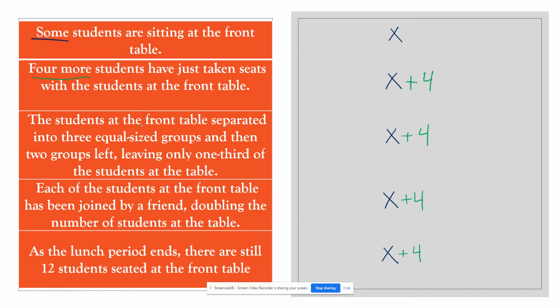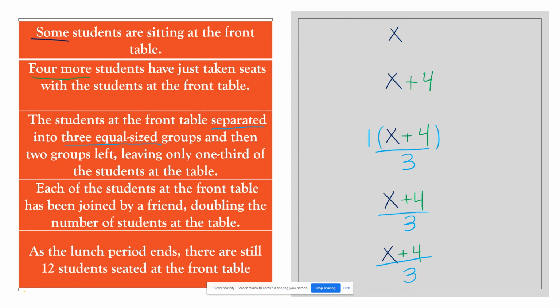After that, the students at the front table separated into three equal size groups. Well, separation, we can represent that mathematically with division. So we're going to take everything and divide it by 3. And only 1/3 was left, so there's an understood 1 in front here, right? 1/3 being left. But it's a 1, it's understood. We don't have to include that in our